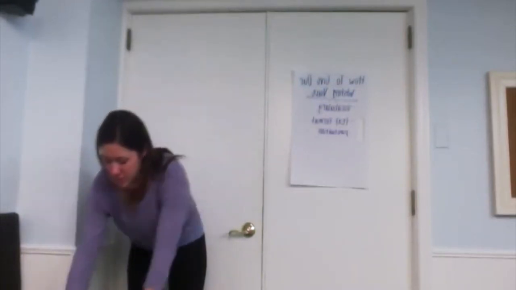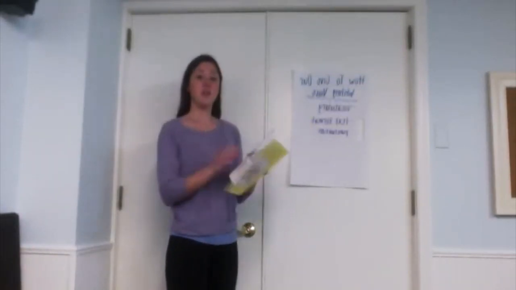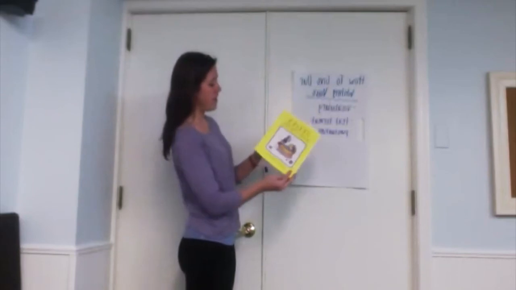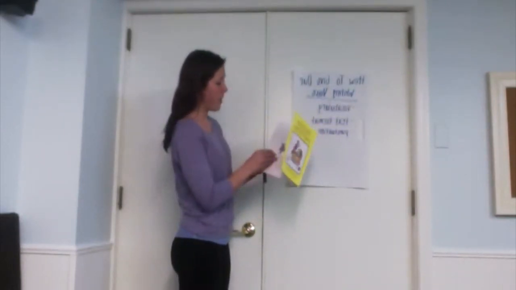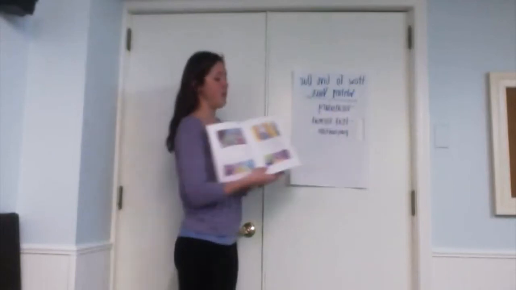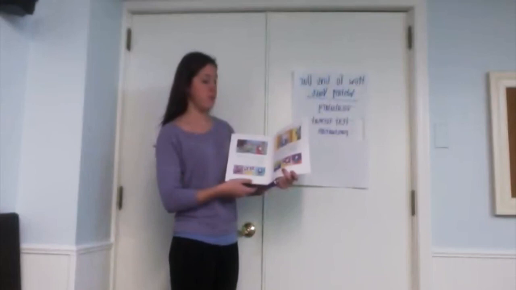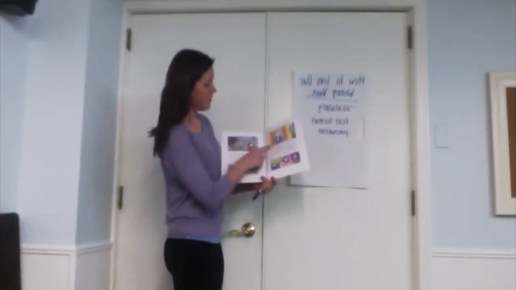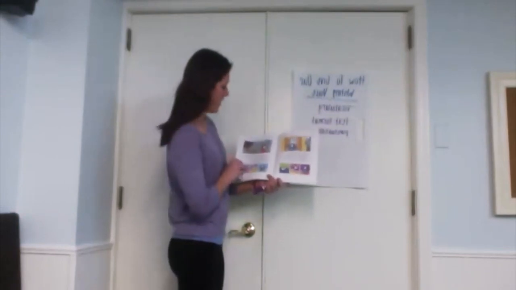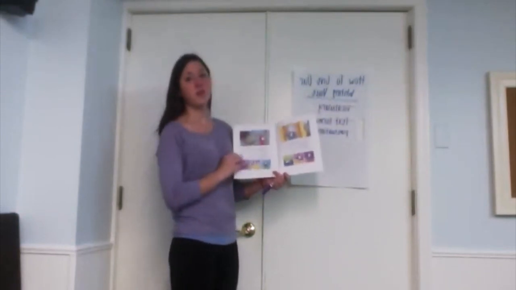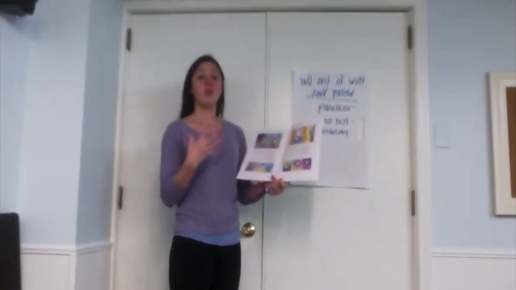And then next, another thing we can look at is the actual characters themselves. And Kevin Henkes in the book Julius, the Baby of the World, which we read today, has a lot of dialogue in his book, so we know exactly how each character feels. So we know how Lily feels about getting her new baby brother, which is that she's not very excited. And then we know how her parents feel because they're talking back to her. So by having characters talk, we really get a feeling for